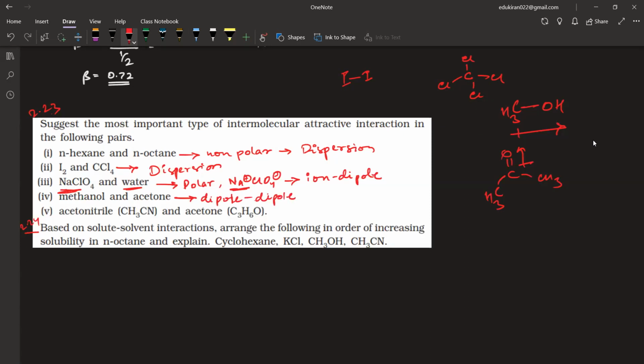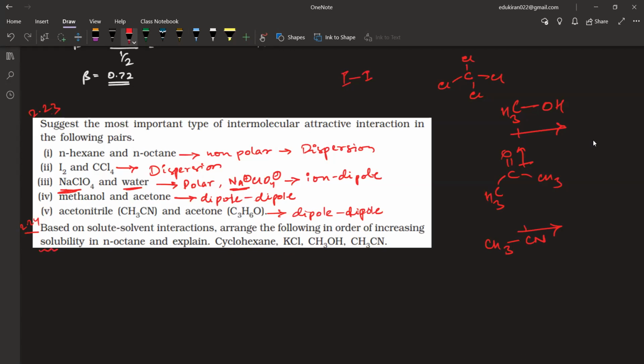Yes. Again, we have acetonitrile, CH3CN. So we can see there is a dipole moment like this. Nitrogen is more electronegative. Again, acetonitrile and acetone, both of these are polar. That means there will be a dipole-dipole interaction. Correct? Yes, sir. Okay. Now, the next thing is: based on the solute-solvent interaction, arrange the following in order of